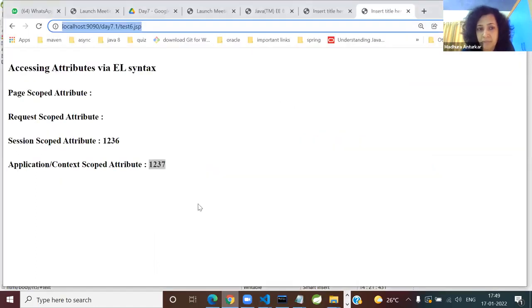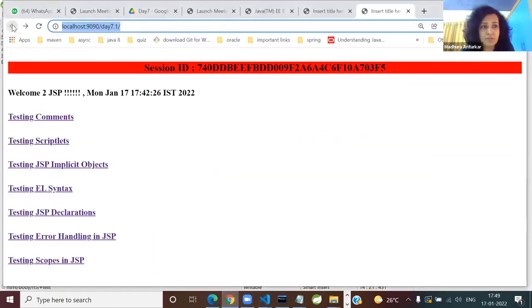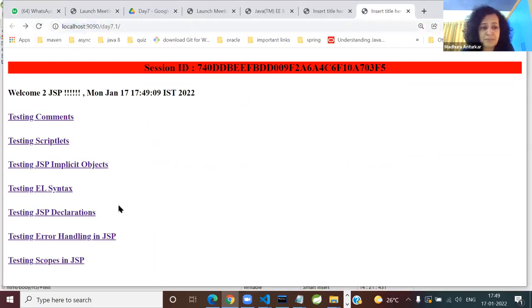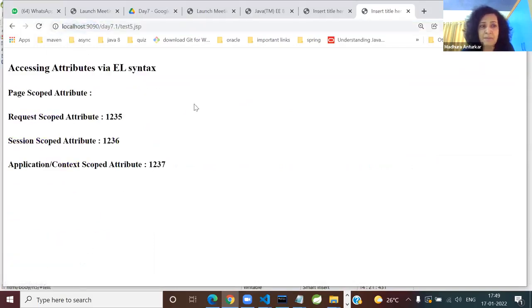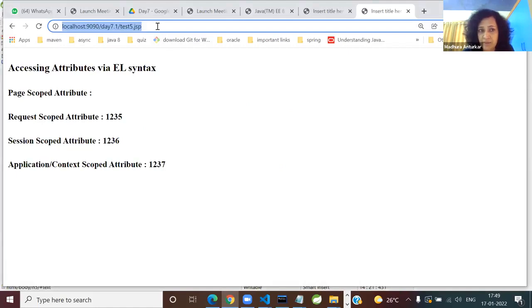Confirm. You can just go back, refresh, and observe that. So many small things. You can, of course, open the inspect option and you'll see exactly one request. And here is a POC, proof of concept, test5.